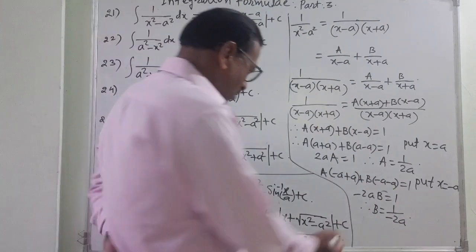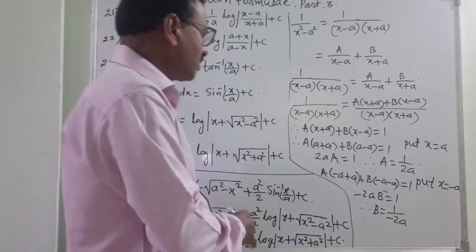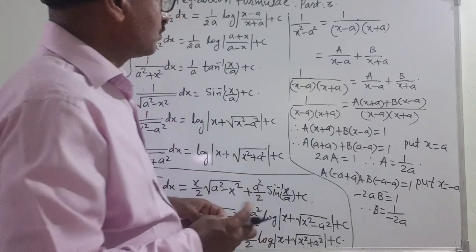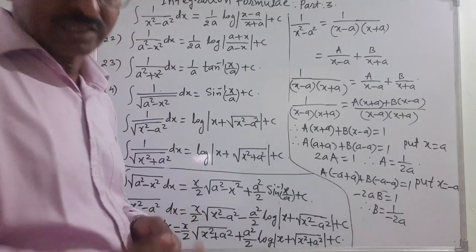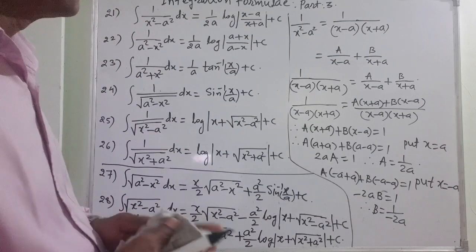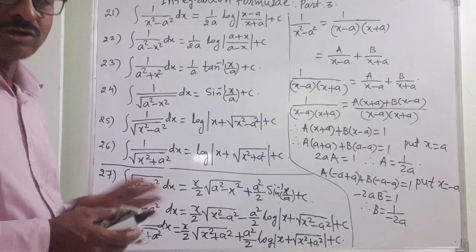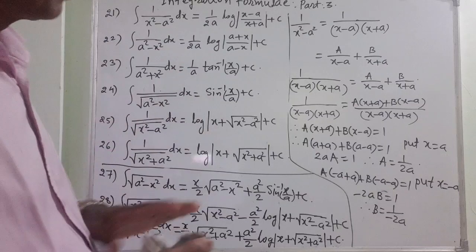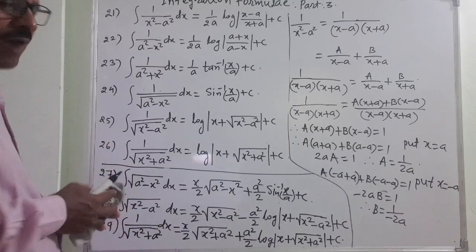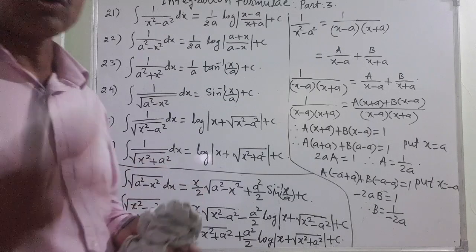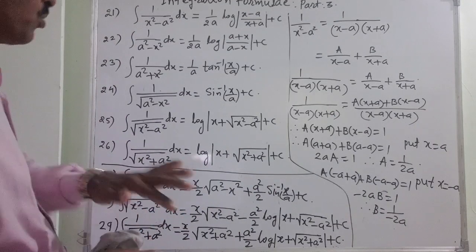Now if you want to note this down, I will give you some time, and then I am going to rub it out. Keep a record of this, because this proof comes in the board exam for 2 marks, 3 marks. Generally for 2 marks it is not a very big proof and it is simple. Still, I have not started the integration. This is just the formulas. Once you understand the formula, only then are you going to remember it and solve the questions. This integration lesson is very difficult because though you know the formula, you don't know how to apply it. I hope you have done this.